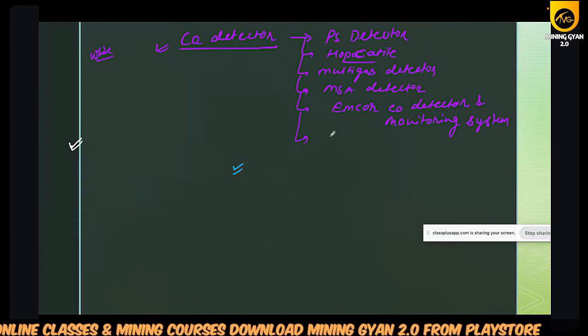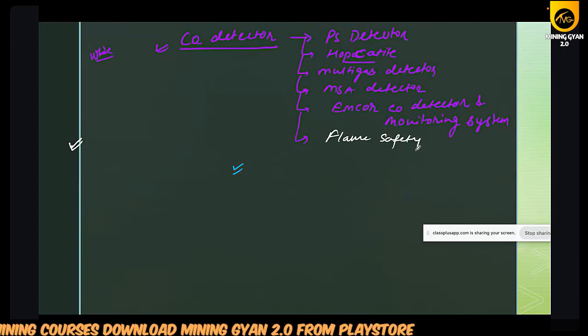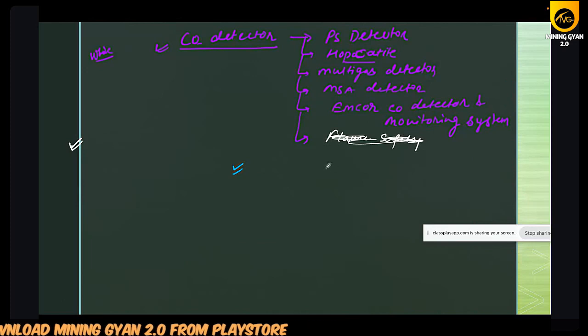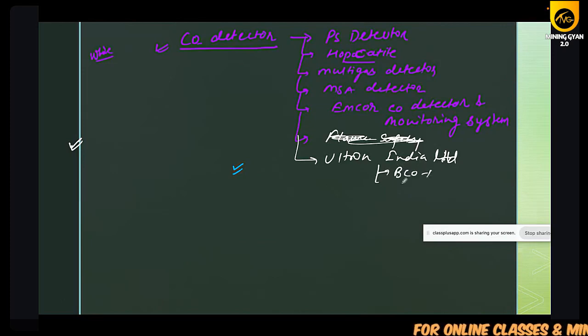And another is the flame safety. Flame safety. And another will be Ultron India Limited, which makes the CO1 and CO1R. Okay, so